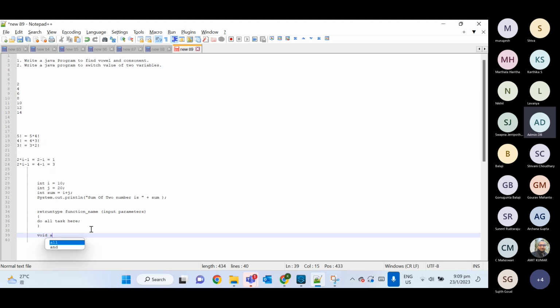So what this function will do? Add two number. Okay. This function will do. So you can give any logical name to your function. Okay. So here I'm giving add two number. Function name is add two number. Then